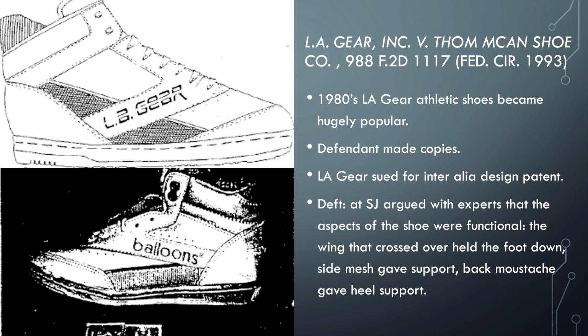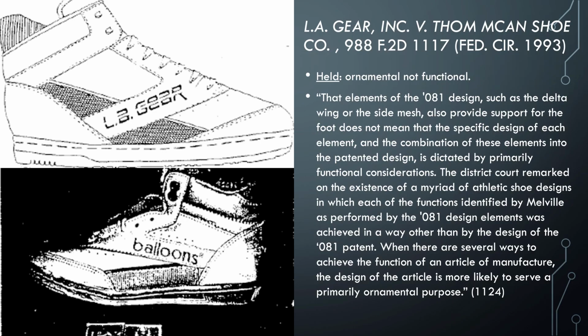We spoke a few minutes ago about functionality. We saw those principles. And so you probably are guessing right now how the Fed Circuit was going to hold, what the trial court was going to hold, and what the Fed Circuit was going to say. And here's what they held on the next slide. It was ornamental, not functional. And that goes back to what we were saying. Yes, of course, mesh on the side serves a function in a sense. It keeps the shoe together. But it wasn't the primary reason to have the mesh in that location, place, and whatnot. I mean, there's a million ways to have support.